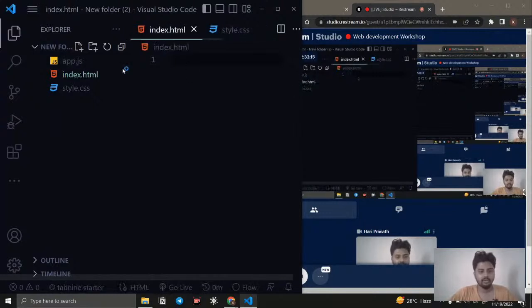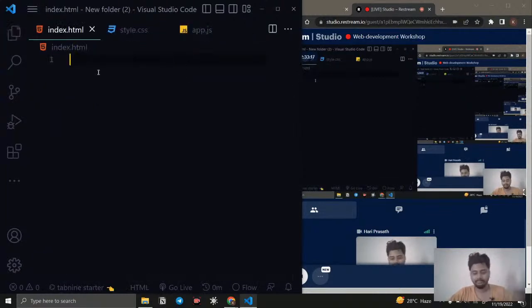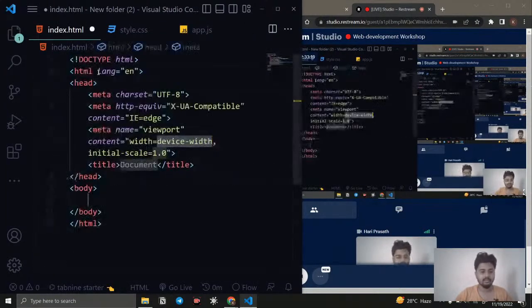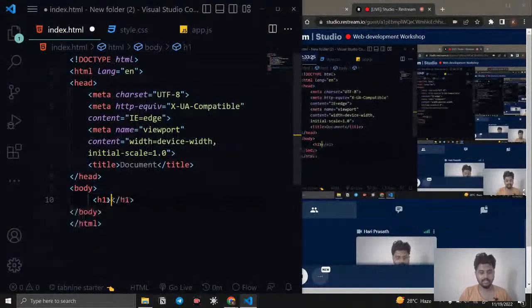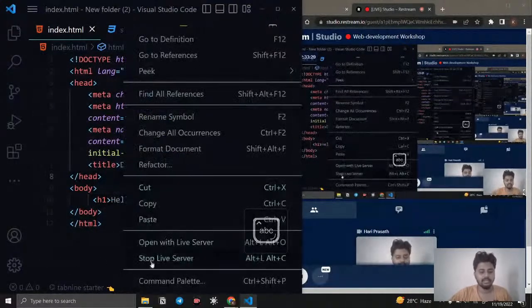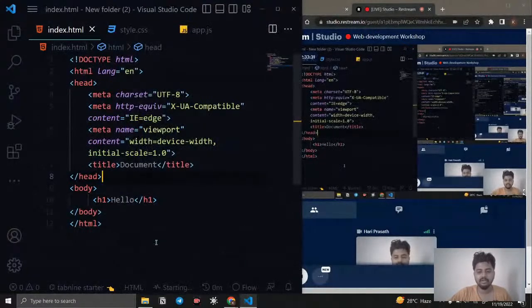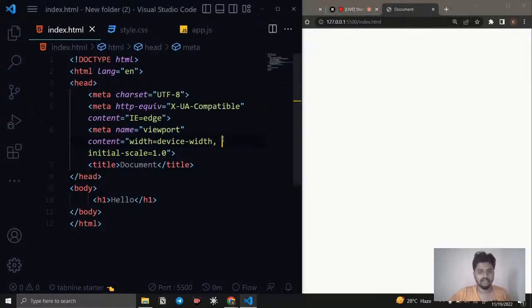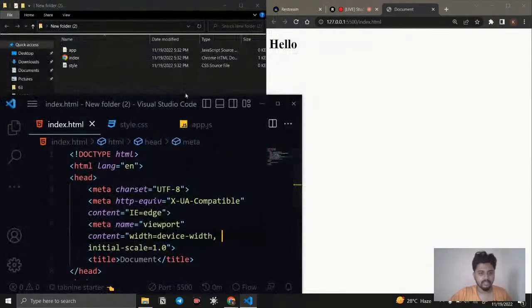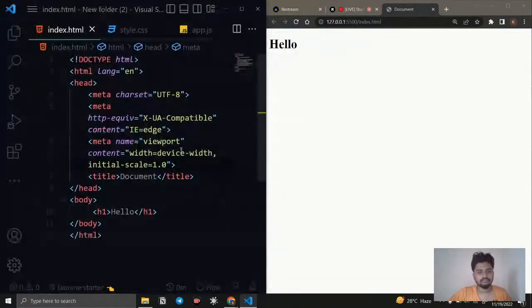Okay, so for learning, I'm just making something simple. This is going to be our front page, the HTML page. I'm just going to create an h1 tag. Here I just say hello, simply like this. And if I right click it and say open with live server, and the extension was also shared in the previous lecture itself, right? I hope that you will understand. So this is going to be the front page, right?